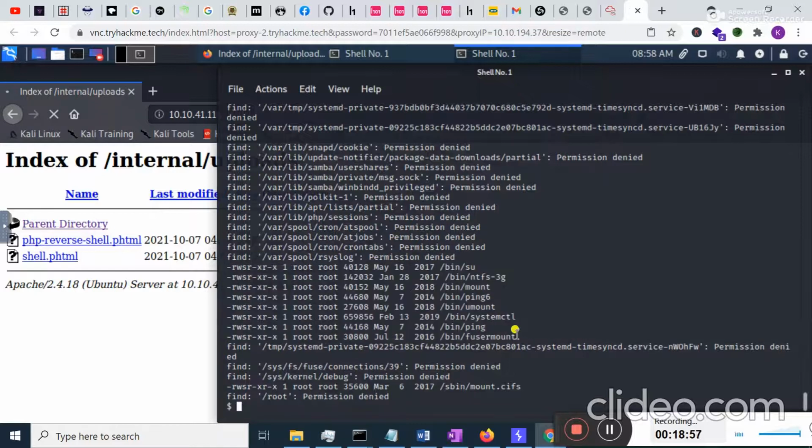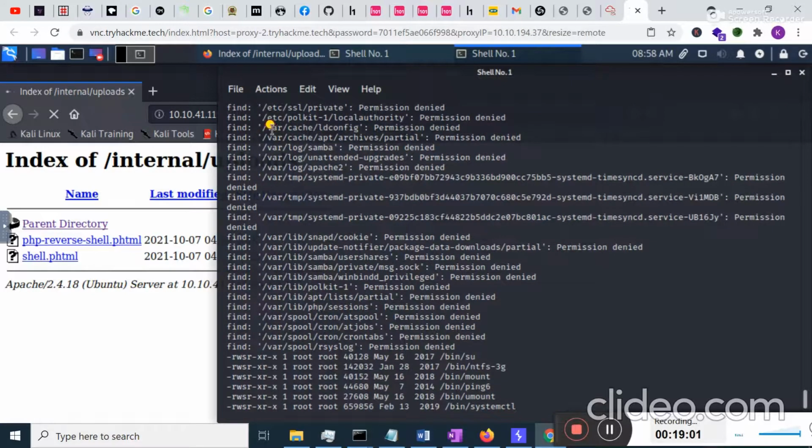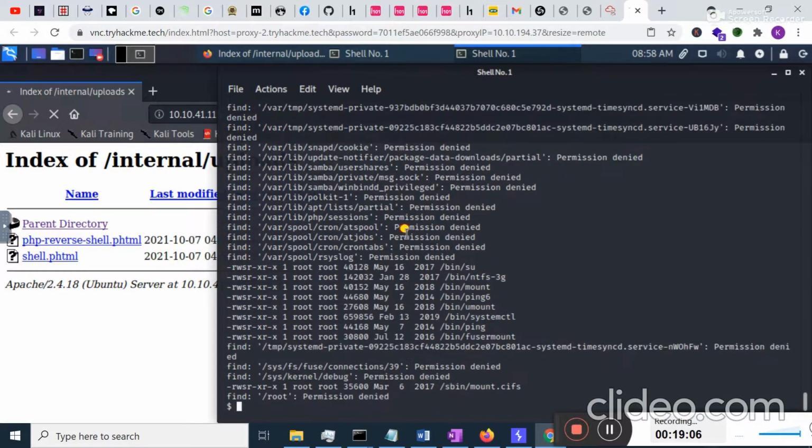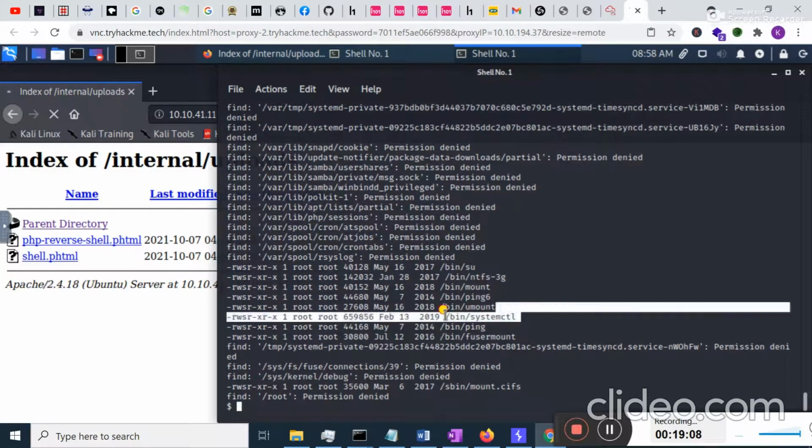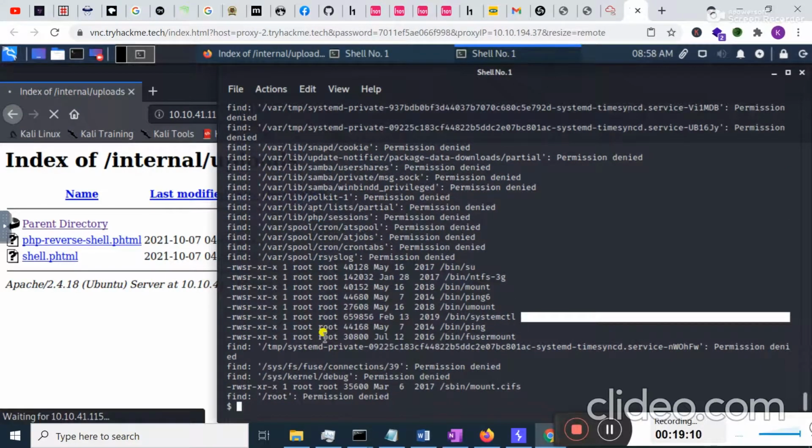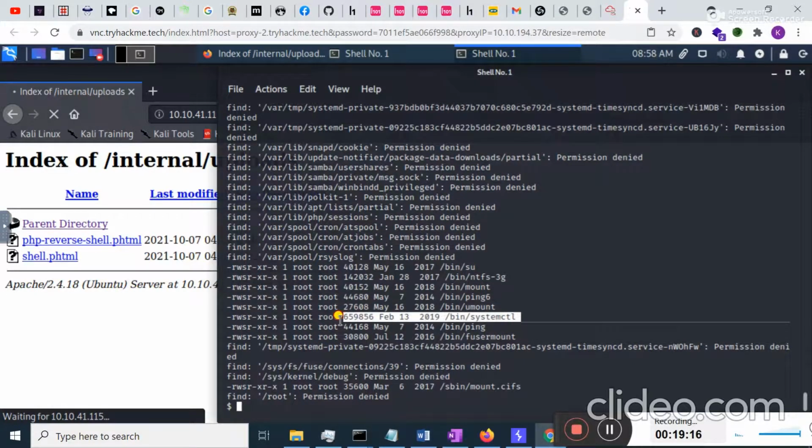Okay, if I scroll up, some files show permission denied. Here you can see systemctl is present.